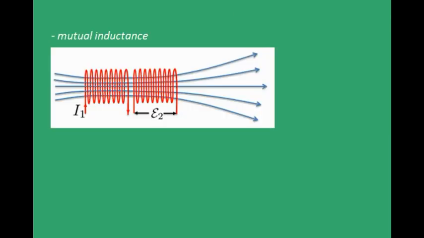The next topic is mutual inductance. When you have two coils, two solenoids placed nearby, and when you pass a variable current through one, what happens? Magnetic field changes in the other coil also. So EMF is induced in the other coil due to the change in magnetic flux, and this phenomenon is known as mutual inductance. Say I have a coil here and another coil here which is placed nearby,